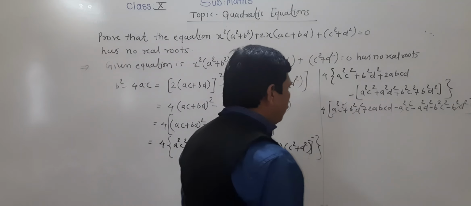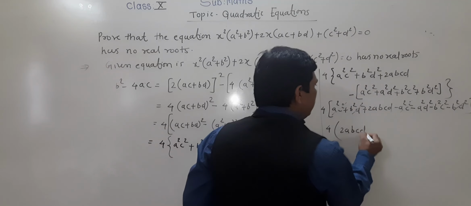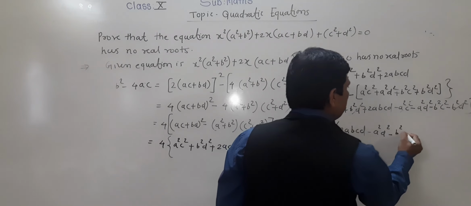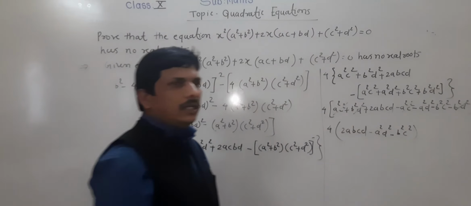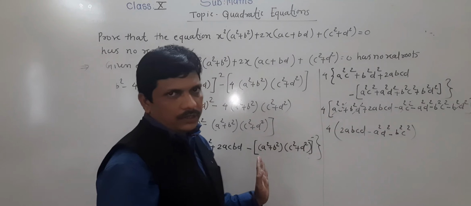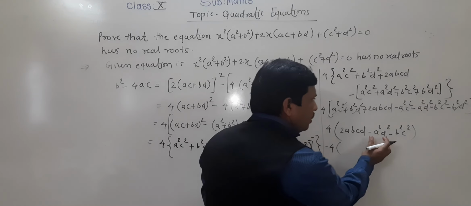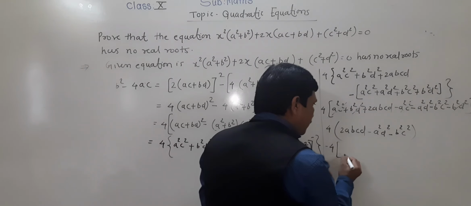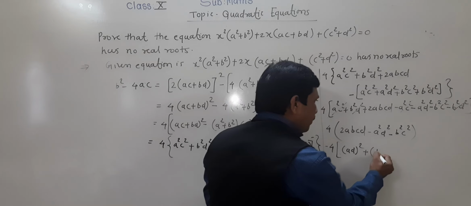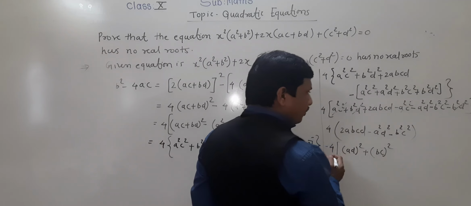So all the 3 terms we will use once again. 4 in bracket 2ABCD minus A square D square minus B square C square. So these things are remaining in the bracket. Now what we can do, we can take this minus sign outside. So what is going to happen? Minus 4, the minus sign we have taken common, so this will be positive. So I am writing this: (AD) square, this will also be positive, plus (BC) square, and this will be negative because the minus sign we have taken common,